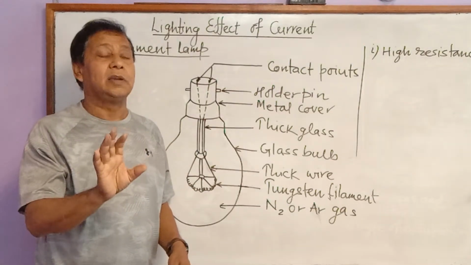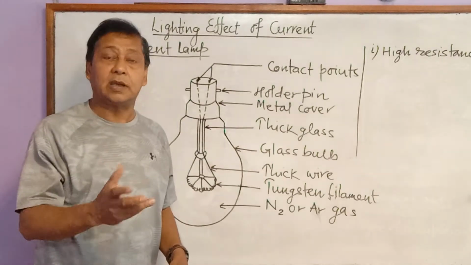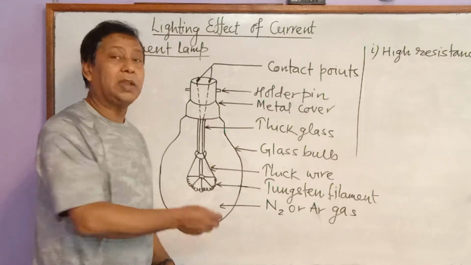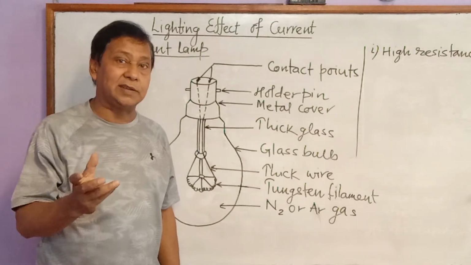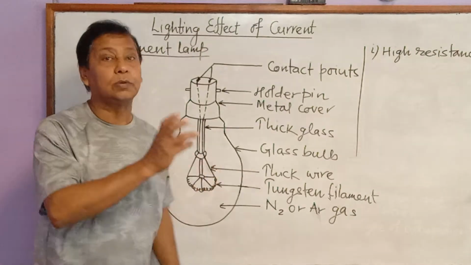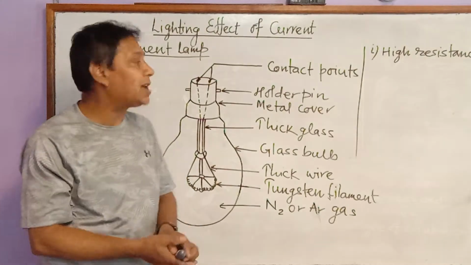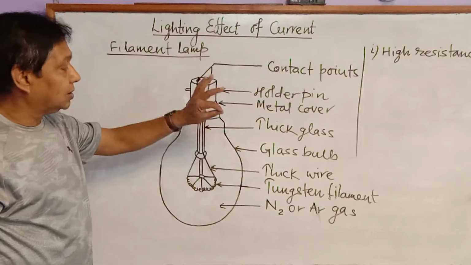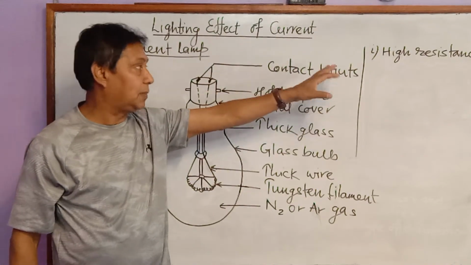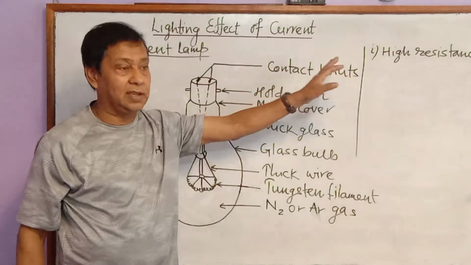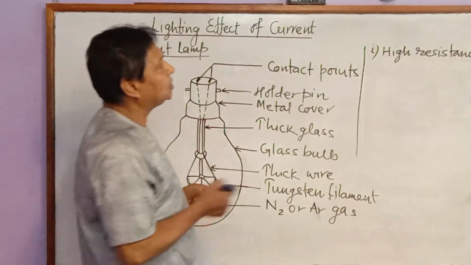Red hot metal doesn't emit enough light energy, but when it becomes white hot, then it emits a lot of light energy, and that is useful to illuminate our rooms. That's why this tungsten filament is used, because its resistance is very high, and it becomes white hot and releases light energy. Now the second point